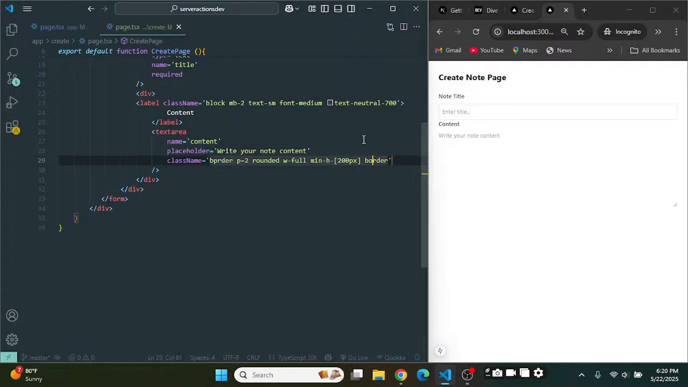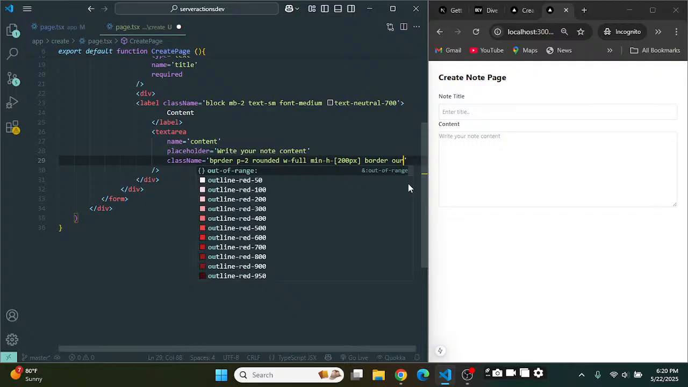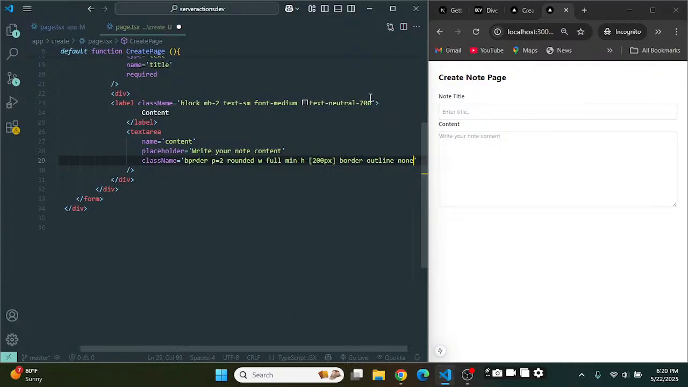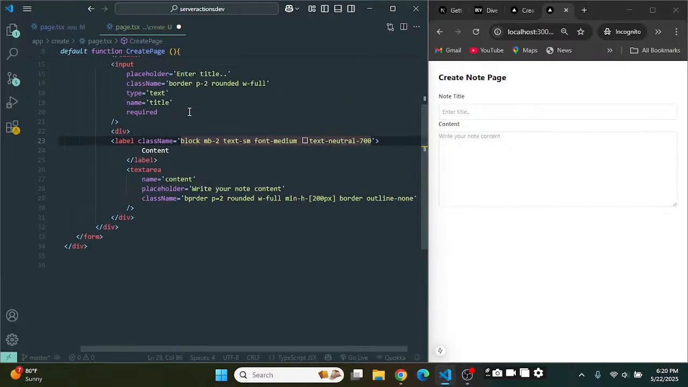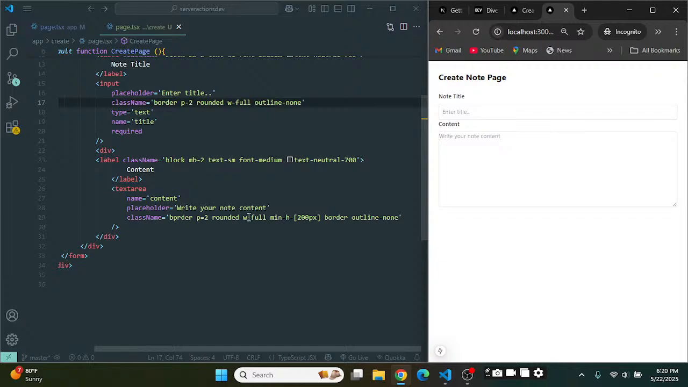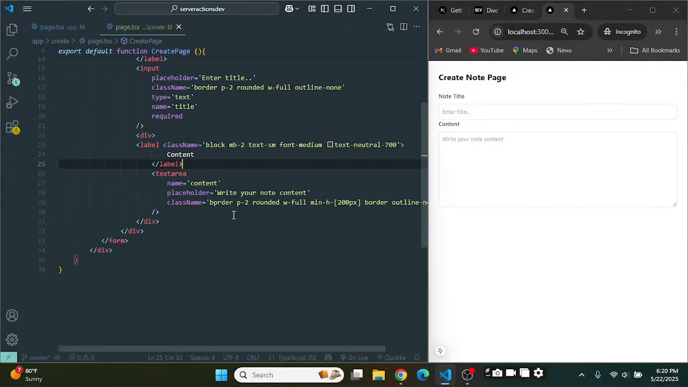Add a border. There we go. Go outline none. And I'll do the same for the input. Okay, perfect. And I think we need to add, there I put the equal sign, padding of 2. There we go. Last but not least, inside of the form,